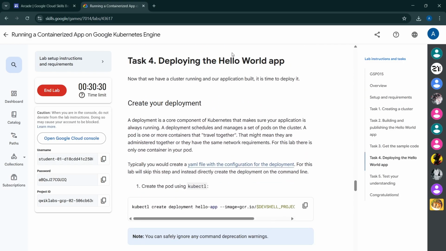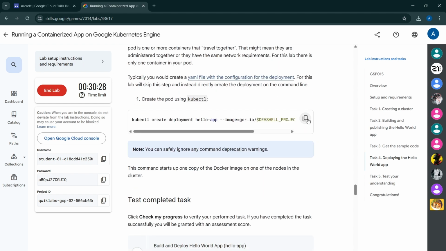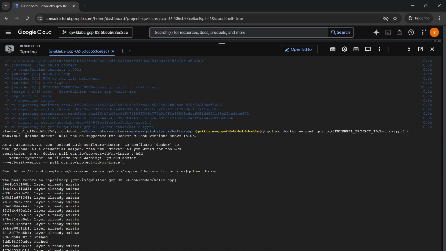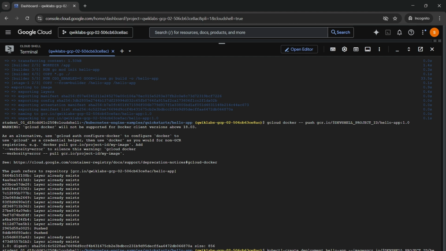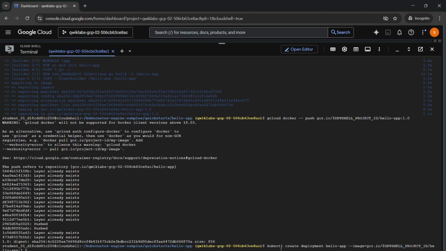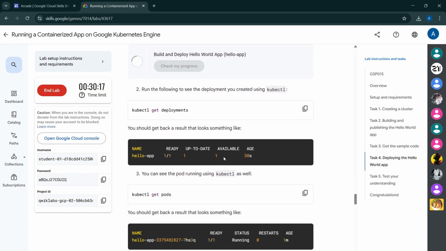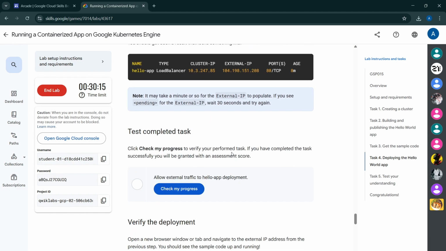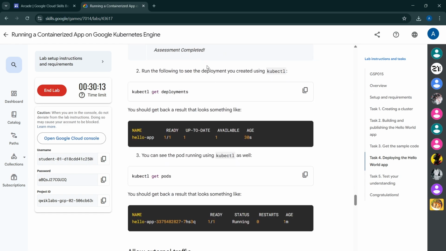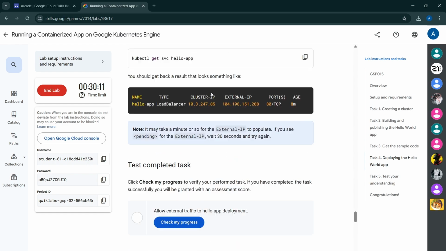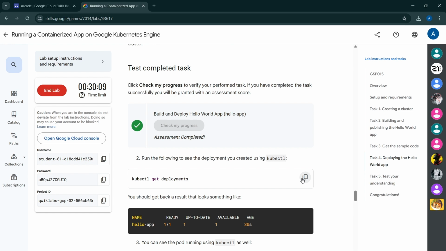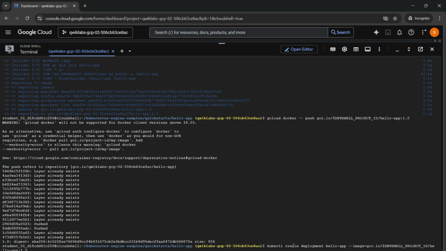Next, the task 4, deploying the Hello World app. Run this command to create the pod. It is created. Now click check my progress. It is completed. Now we have to run this command to see the deployment that we created using the qwiklabs command,